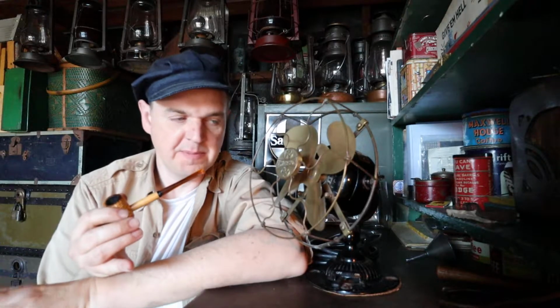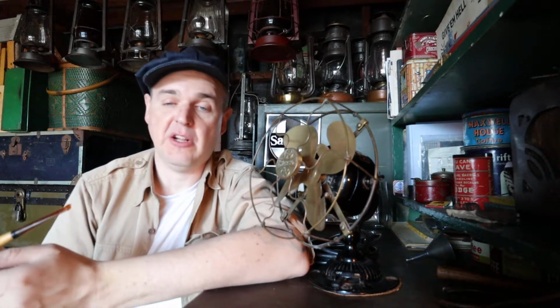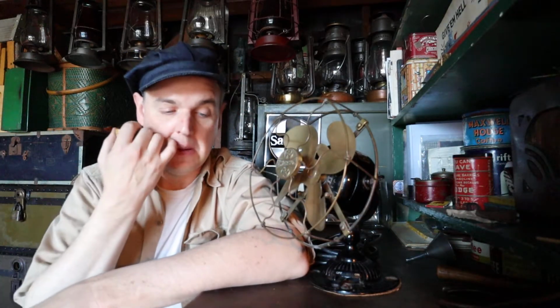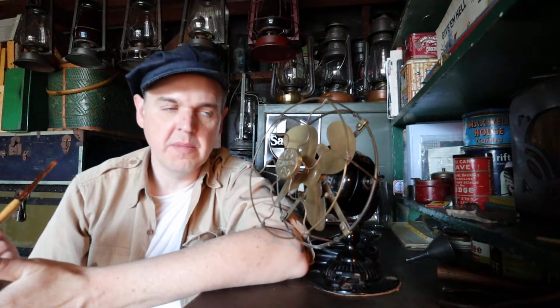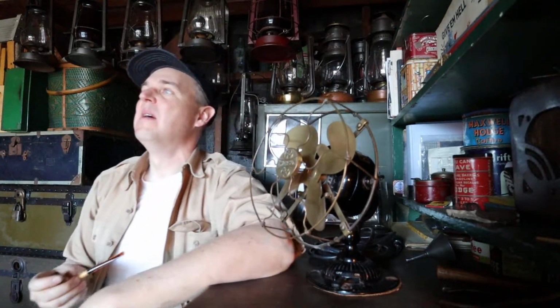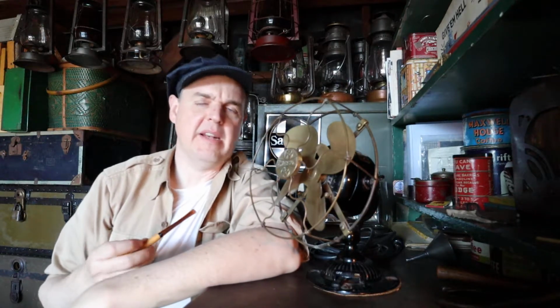We're doing fans. So this is something else that I actually enjoy collecting once in a while. At one time I was buying more. I've sold a few off over the years, just because they do take up room. And how many antique fans does one need? Well, sorry, I shouldn't have asked that. Fan collectors will say, well, there's no limit. I'm kind of guilty with the lanterns. But anyways,